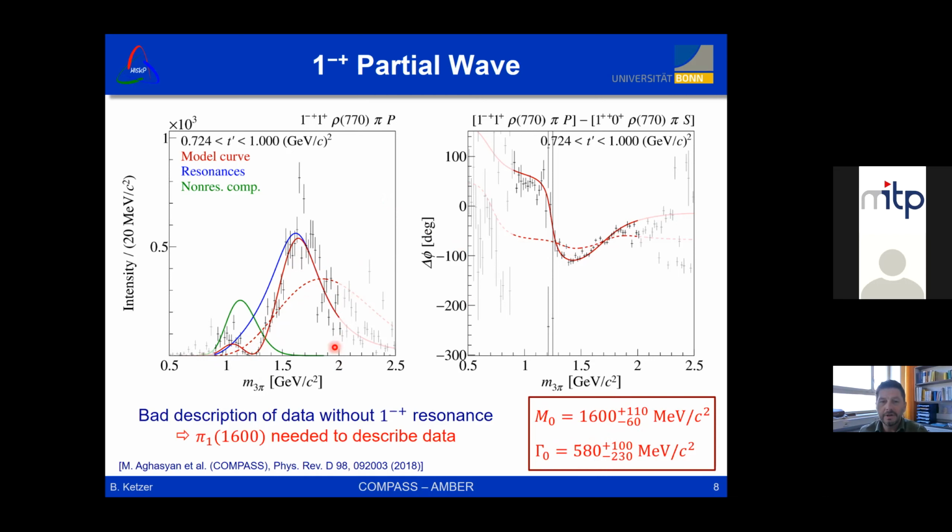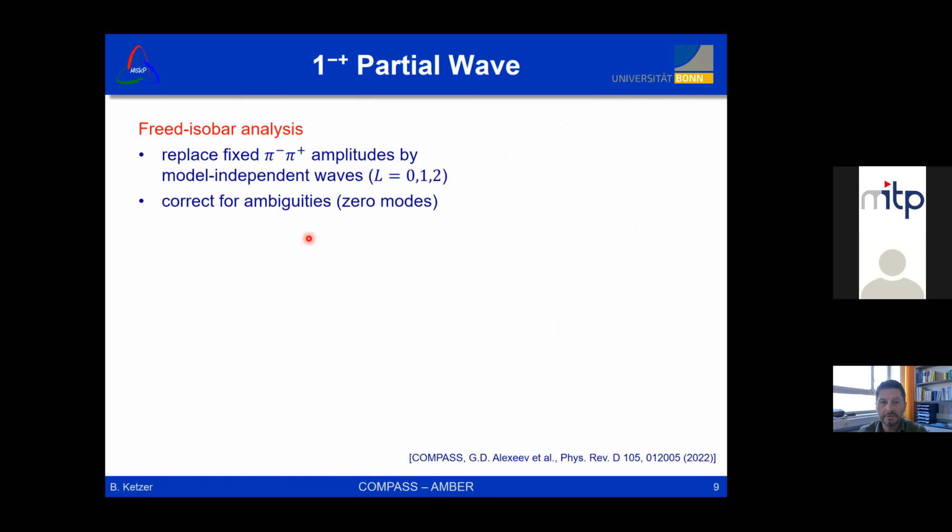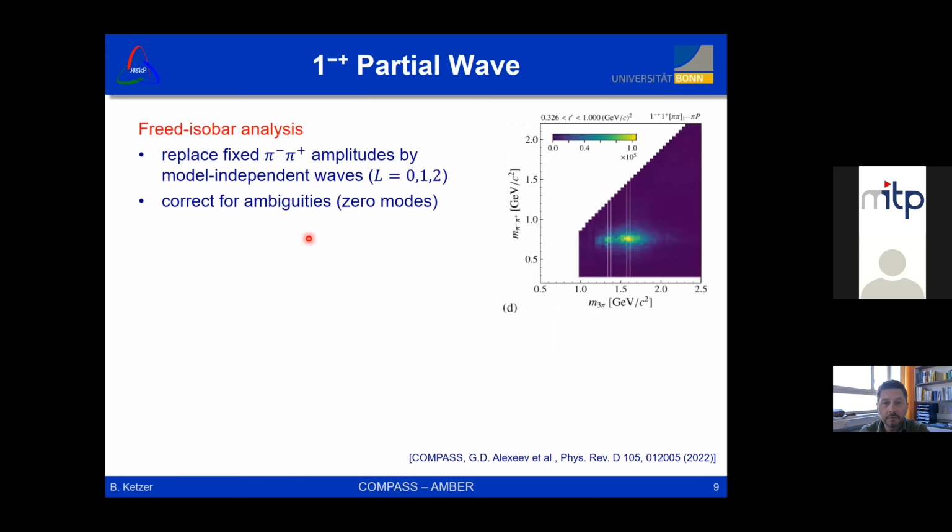Now, there were some residual doubts whether our rho parameterization could actually influence this result, and that's why we very recently performed a so-called freed-isobar analysis on this particular partial wave, where we replace the fixed pi-minus pi-plus isobar amplitudes by model-independent waves, and we do this for L equals 0, 1, and 2. There are some multimodalities that we have to correct for, but once this is done,